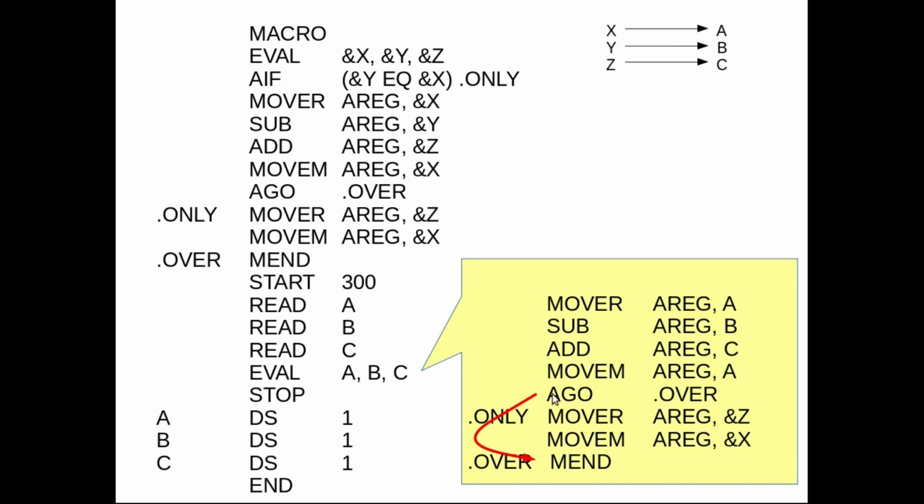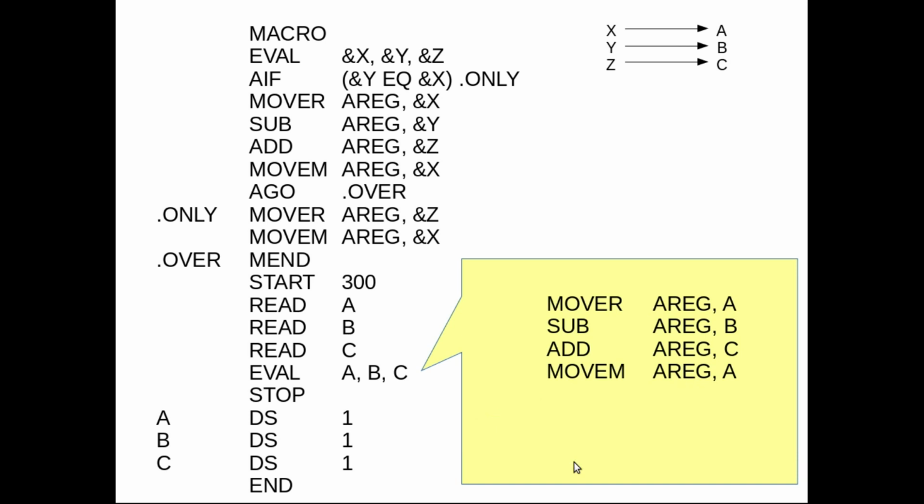Go is like an unconditional jump, so we will jump to over. So from this line we will go to over, which is the macro end statement, which means I will skip these two lines, which means I don't need these two lines because I'll jump over them. So these two lines can be removed, and I will jump to the macro end statement. So that means we are done with the go statement, so I can remove the go statement, and now we will process this line. And since this is the macro end, the expansion of the macro will stop. We are done with macro expansion, and at the end of macro expansion, these are the 4 lines we got.